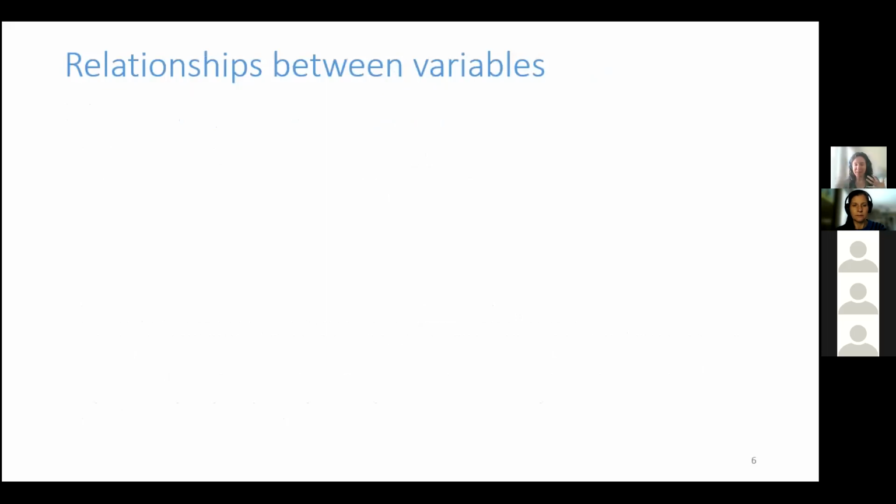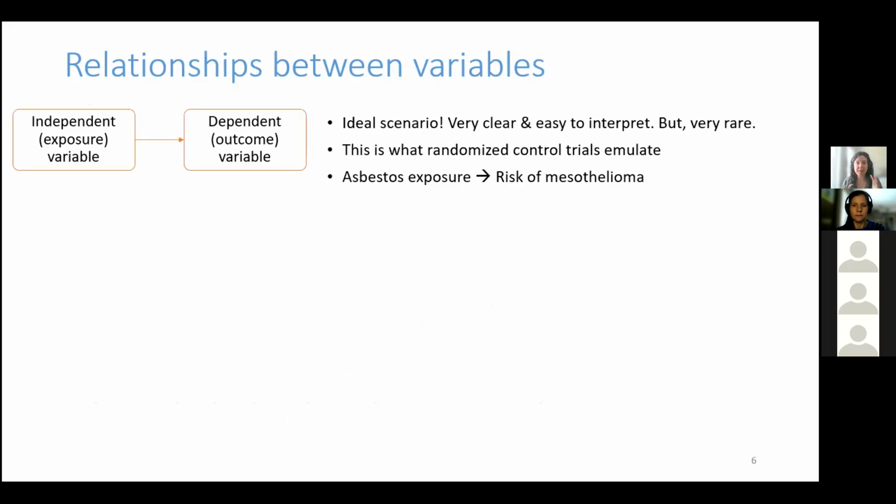As you're thinking about the outcome and you're planning your design and thinking about analysis, one thing you have to think about are the relationships between variables in the hypothesized world that you're looking at. And I'm very sorry because the slide is really dense, but we're just going to go through it type by type. So this is the most ideal,